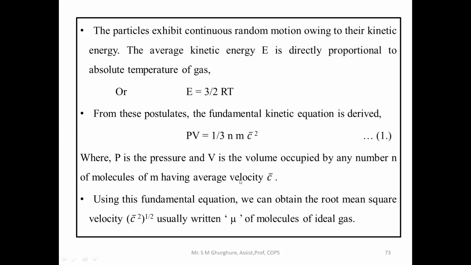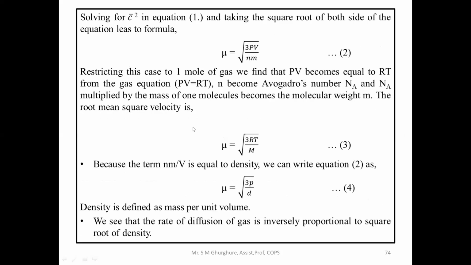Therefore, by using this fundamental equation, if you take the root mean square velocity, that is the C average square velocity, it is usually written as mu for the molecules of an ideal gas. Therefore, to solve the equation, put the value of C average square velocity into equation 1, and taking the square root of both sides, the equation leads to mu equal to the square root of 3PV by n m. Now here, what we have done